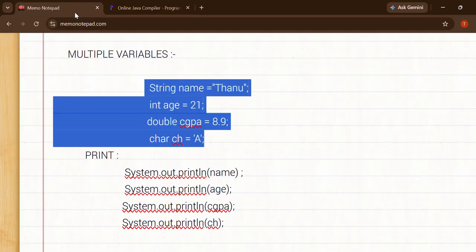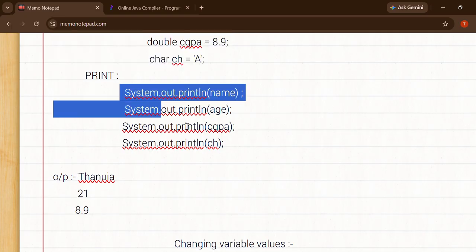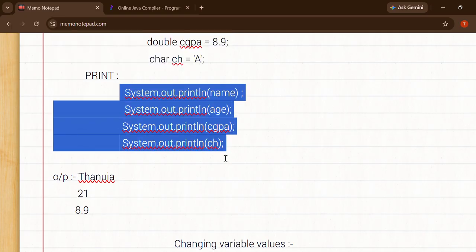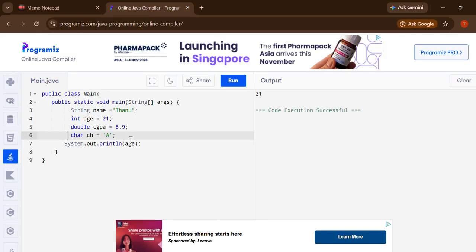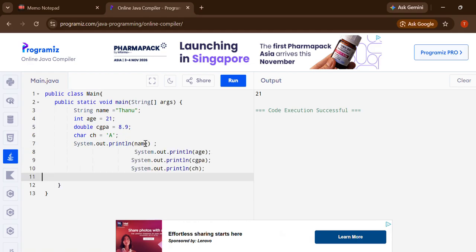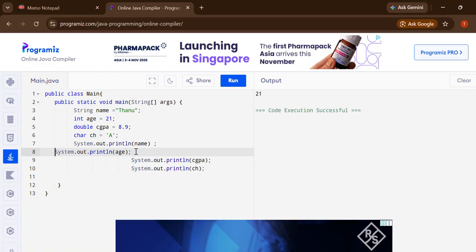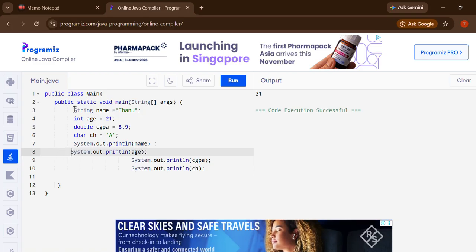And again we copy all these four lines to get output. Let's remove this and paste the lines. Yeah, wait, let me adjust for a while.